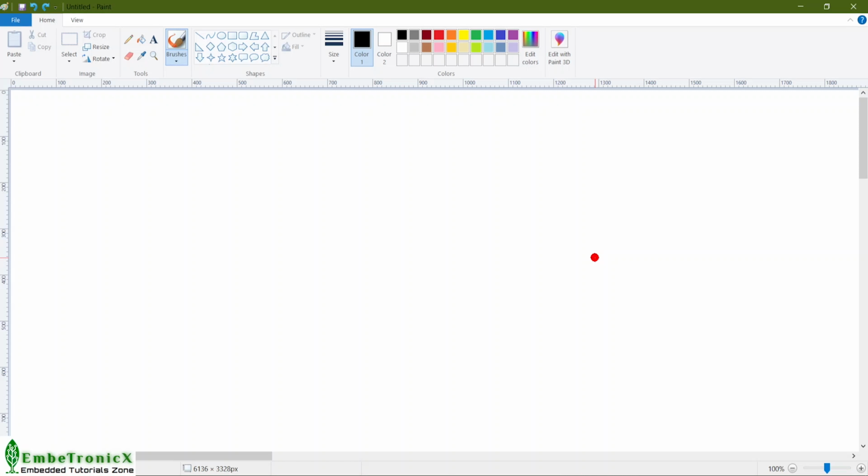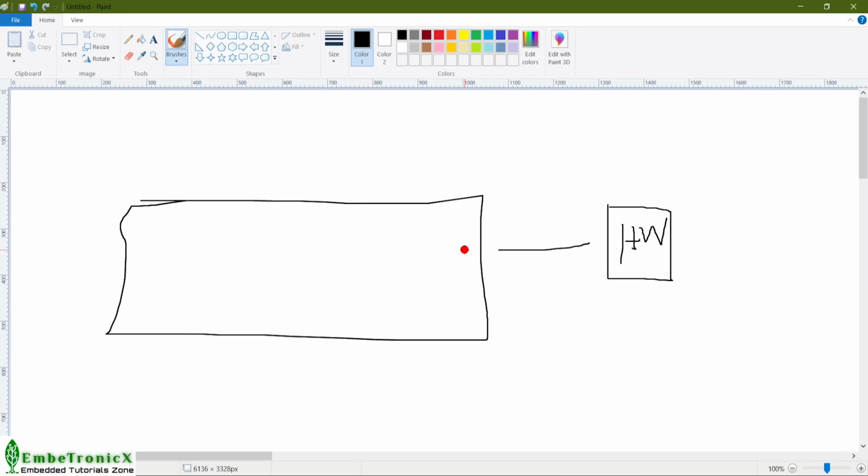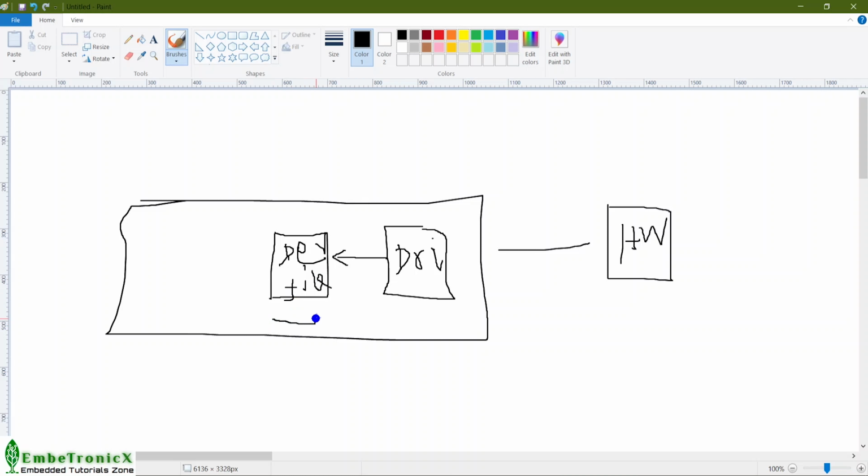First, we will see the concept. Assume that this is the hardware. This is the Linux device. The Linux device driver will be at the bottom level. This driver creates a device file. My diagram would be very bad. Please excuse me. We will see this device file in our next video. This is the application area and this will be a kernel space.